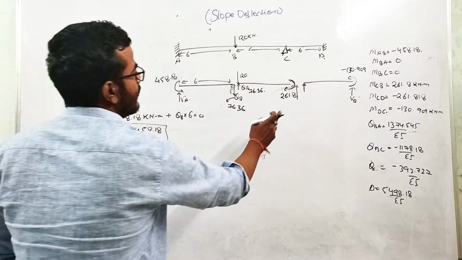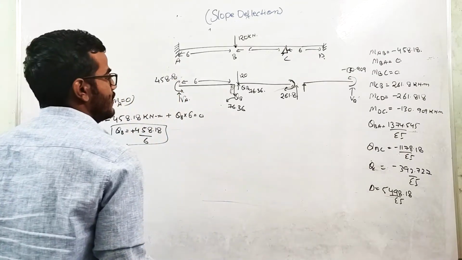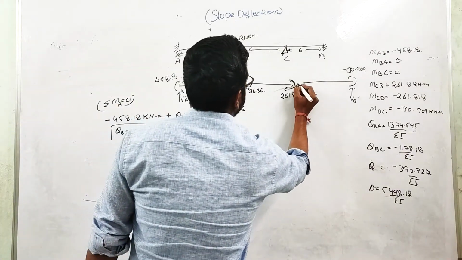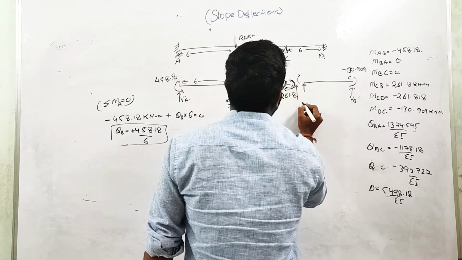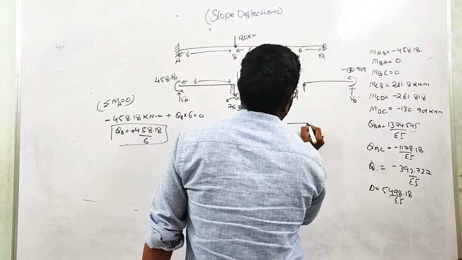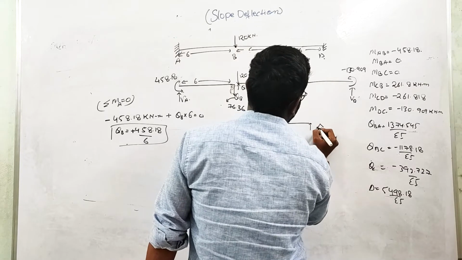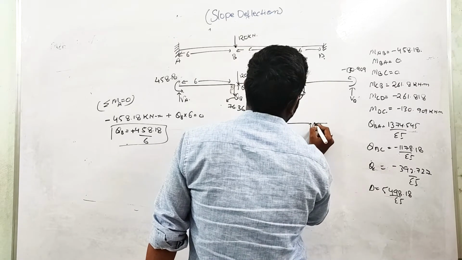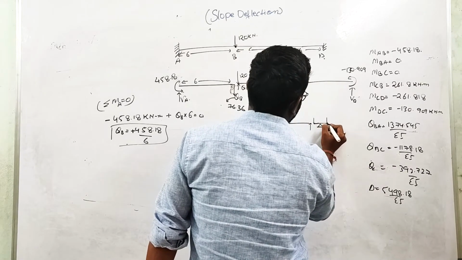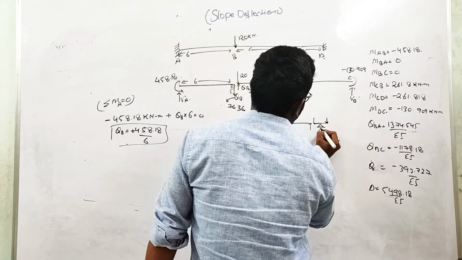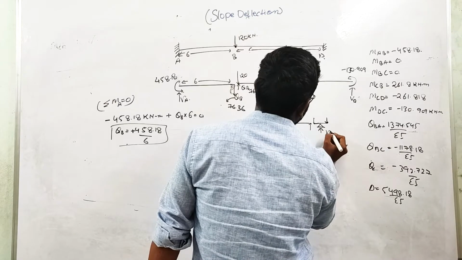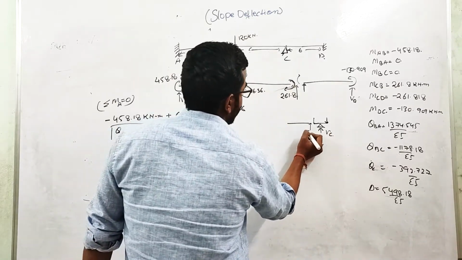Now we need to find the value of this force. At C, the section will look like this. This is some force at the C support. The opposite of this force will act here, and from this side also. To balance this force, there will be some vertical reaction at C. So basically, they are finding this reaction.